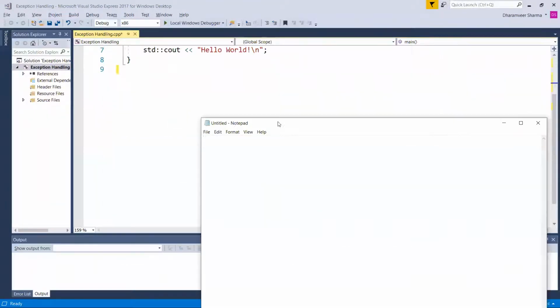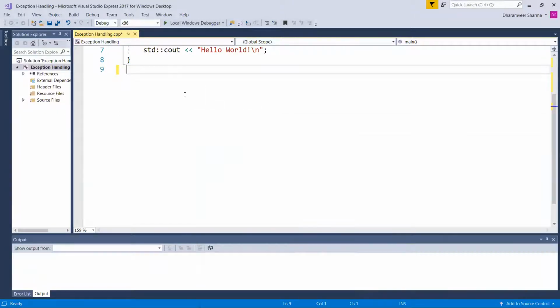First is try, second is throw, third is catch. Try means you will put all of that code which may cause some kind of exception in a try block. For example, here,